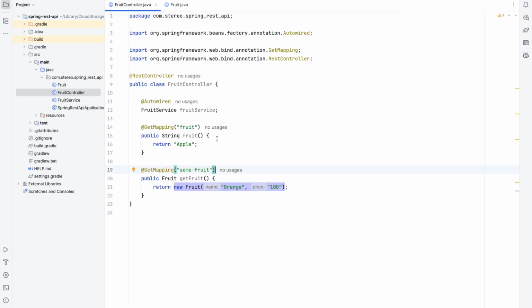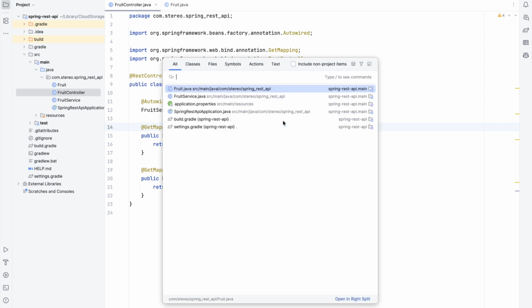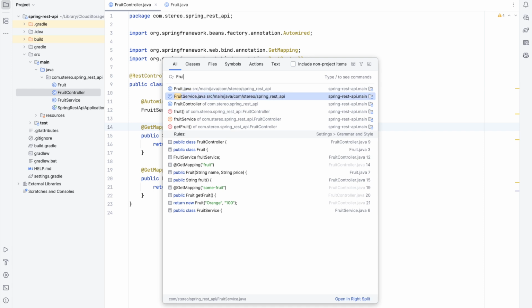Now our second command is, if you want to search any class in your particular project, then how you can do it. You can just press double shift, and this is common for Windows and Mac both. So let's say if I want to search this fruit service, I just search this fruit service. Anything you can search here, okay. And there is one interesting thing. The first letter of the file name, right, you can just search through that.